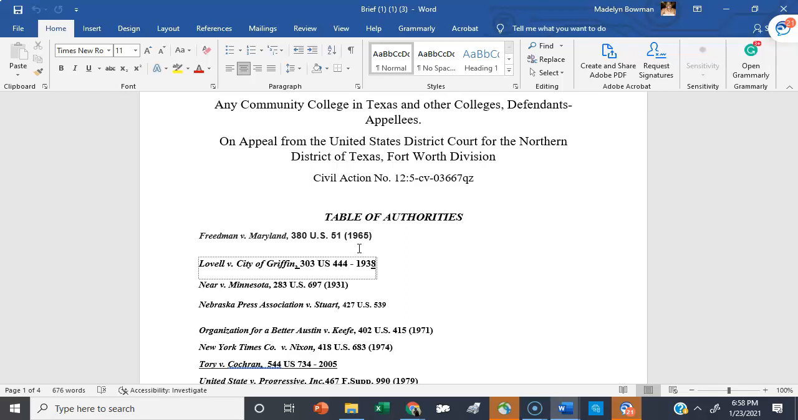Lots of times, cases will be joined where the same thing happens several places, and they'll join the cases together to make a decision. If you've ever heard of the Brown versus Board of Education of Topeka, Kansas, the Brown in that case was Linda Brown, but there were 4 other cases that were joined with that case, but they give it one name. Okay, so